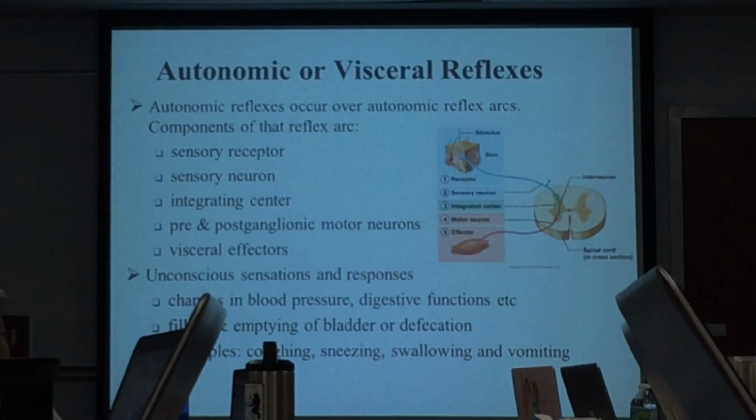Once the receptor receives that information, it requires the sensory neuron to project that information to the spinal cord. For the information processing, this information gets relayed through the motor neuron back to the effector, so you have a retraction of your hand due to